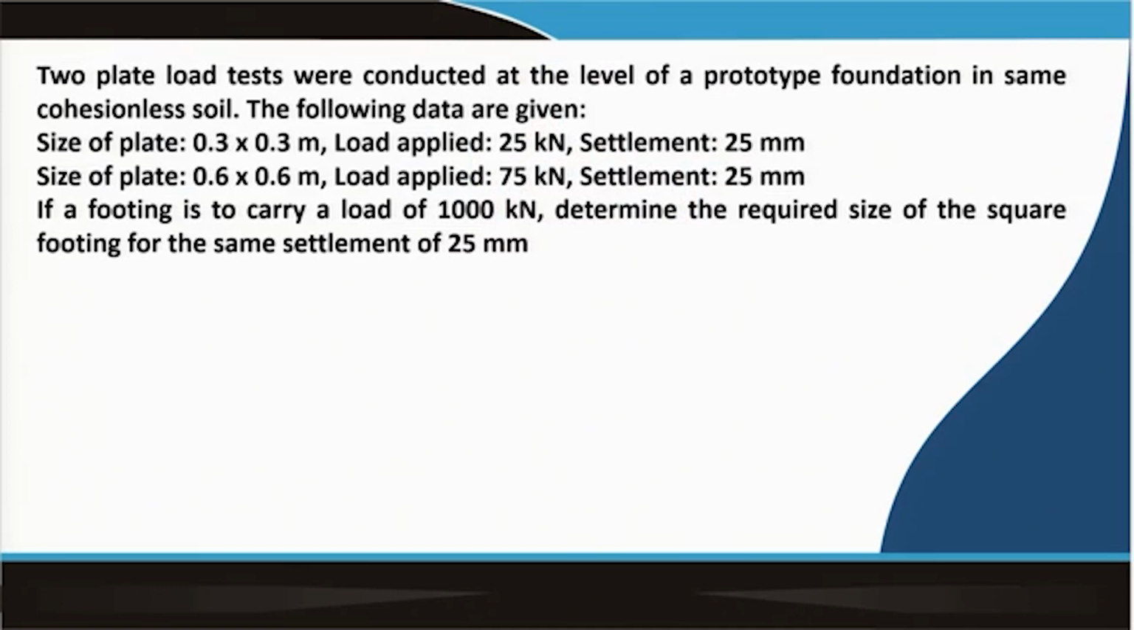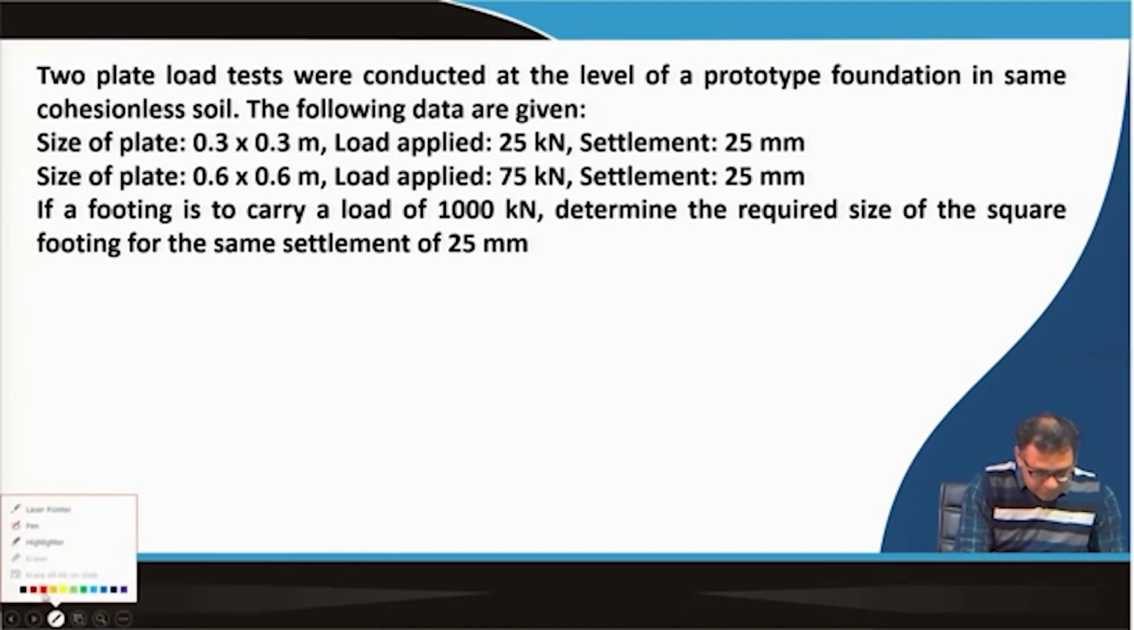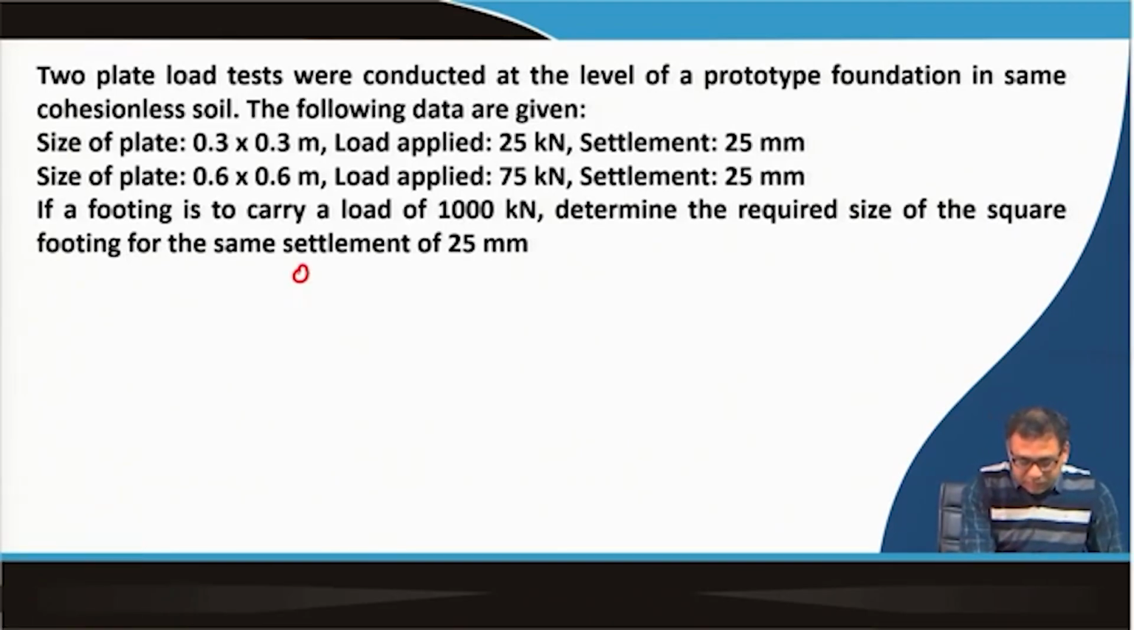A smaller plate of size 30 centimeter cross 30 centimeter gives 25 millimeter settlement under 25 kilonewton load, and the larger plate of 60 centimeter cross 60 centimeter gives 25 millimeter settlement under 75 kilonewton load. So, what would be the dimension of a square foundation to get 25 millimeter settlement under 1000 kilonewton load? Okay, so for this particular case, we have to express this total load in this way, that is